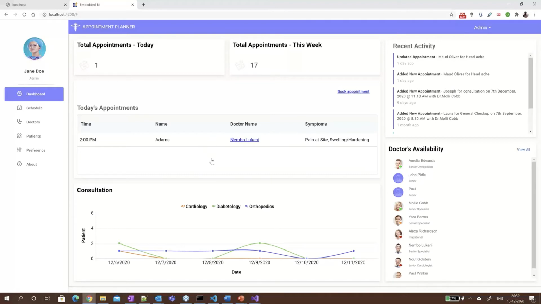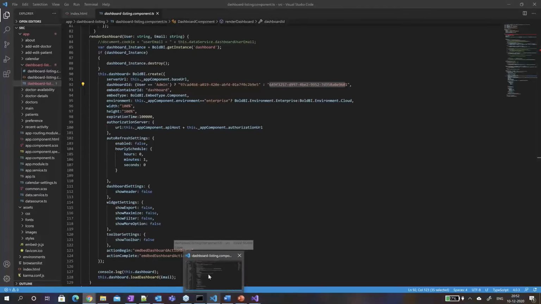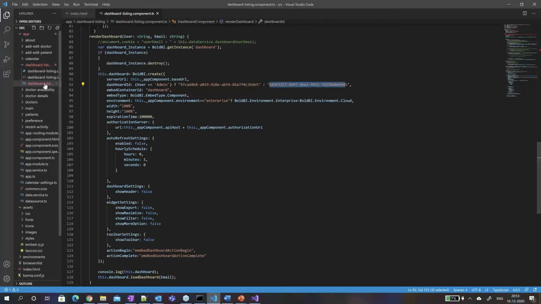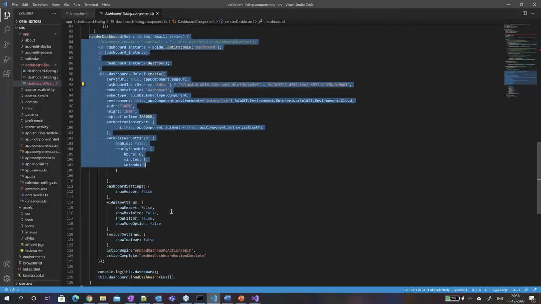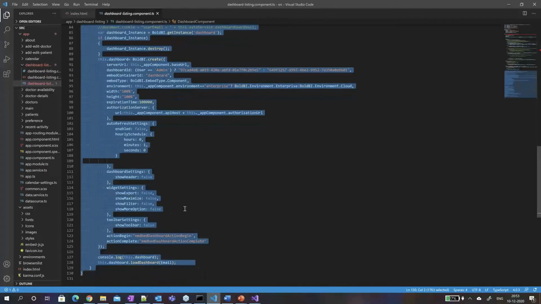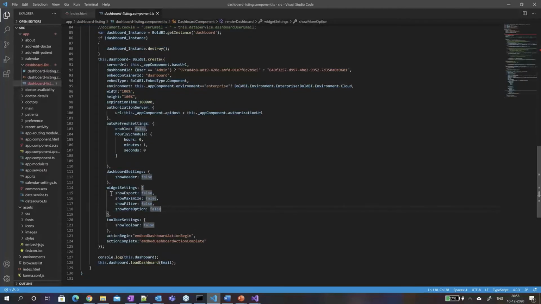I just followed the same steps I have shown earlier to make changes in the existing application. So this appointment planner is an AngularJS application. In the dashboard listing page, I have replaced the code with the dashboard embedding logic. And you can see one simple difference here.